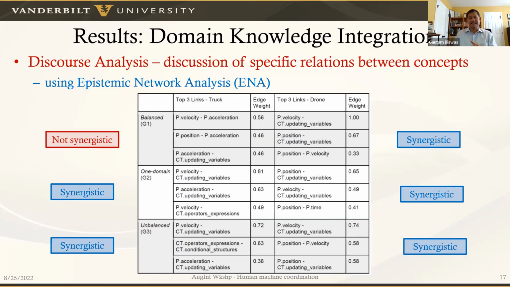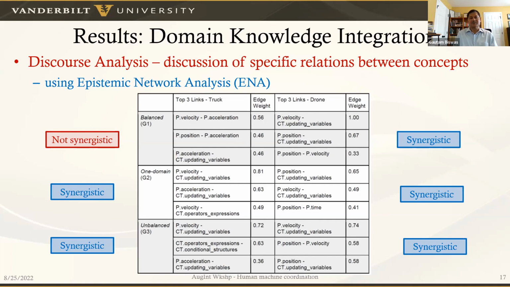But by the time they got to the final task, which was the drone task, they both had more deep knowledge, and the discourse was much more synergistic. It's interesting that the one domain group, since they were both learning their science at the same time, were synergistic both in the initial task and the final task. The unbalanced group was also synergistic, and that was because the